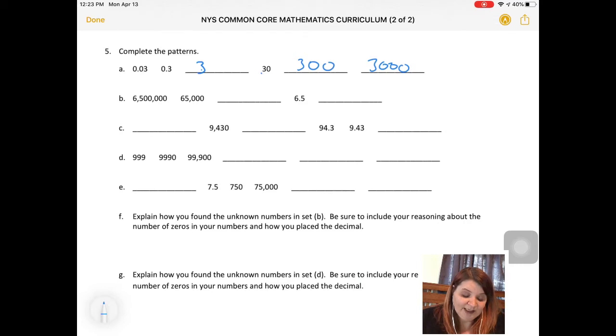Here, you're going the opposite way. You're going to divide because the numbers are getting smaller. So if they're getting bigger, we're multiplying. If they're getting smaller, we're dividing. So